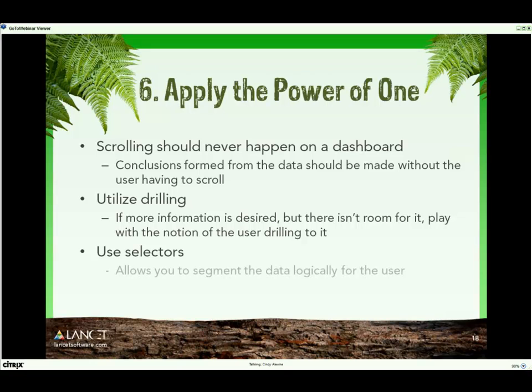Use selectors, filters, basically. It allows you to segment the data in a logical fashion, and you can be very specific and creative in how you do it. So really, to one degree, it's up to your imagination to filter it in a certain way. So play around with it and make sure that you're doing it in a logical